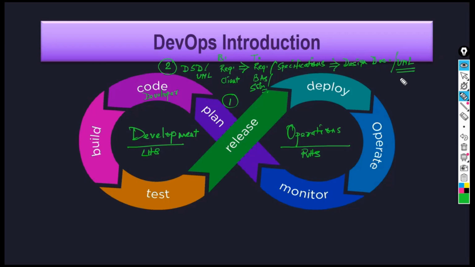Sensitivity diagrams are also there. So many other diagrams are there, but a unified model logic or language is the diagram that is most popular with the developers. Developers know the function points that they need to develop. I'm talking purely from a software development lifecycle point of view. Function points give them the raw idea of what the function is intended to be at that point of time.